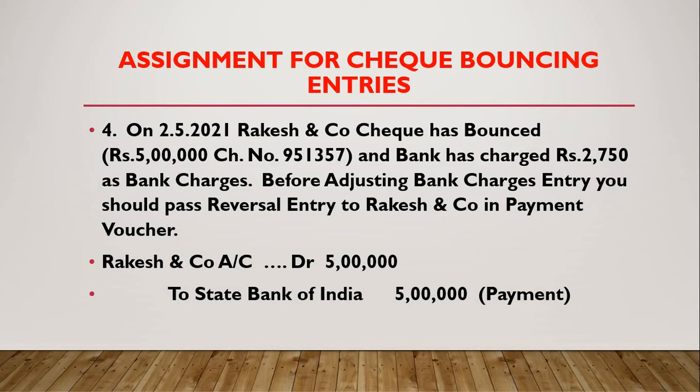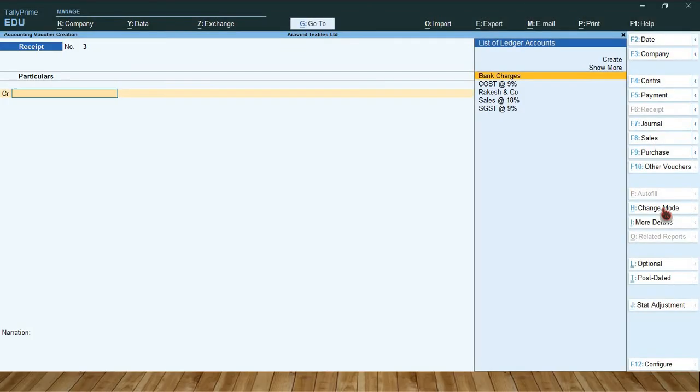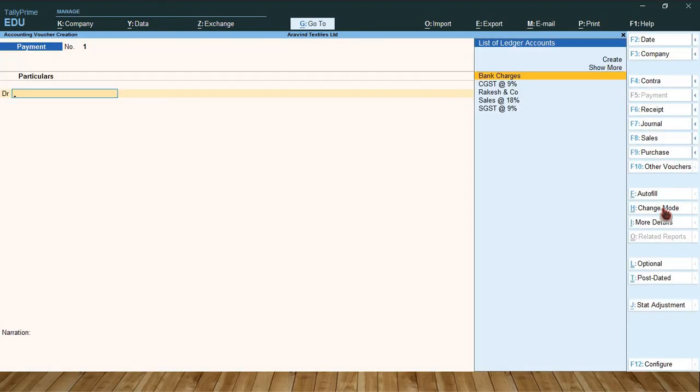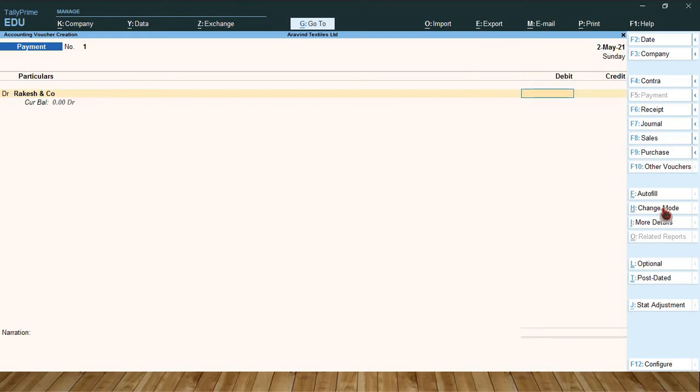On 2nd May, go to the payment voucher. Change the date, that is 2nd May. Debit to Rakesh and Company, 5 lakh.